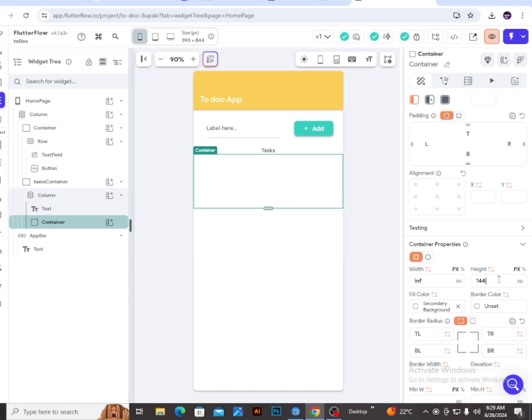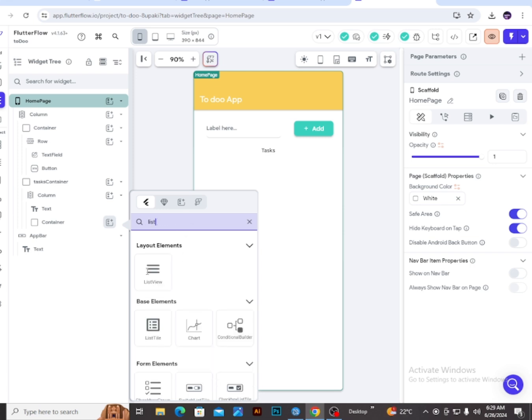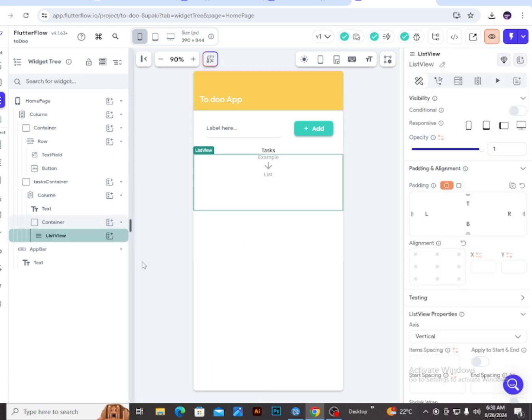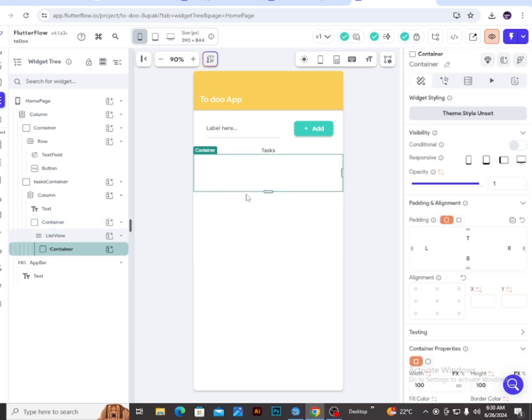So I'm going to select over here the height, and I'm going to set that to 150, and then within this I'm going to click to add in a list view. So we're going to select list view, and then boom, and within the list view itself we are then going to create the next component, which is then going to be another container, and this container is then going to contain